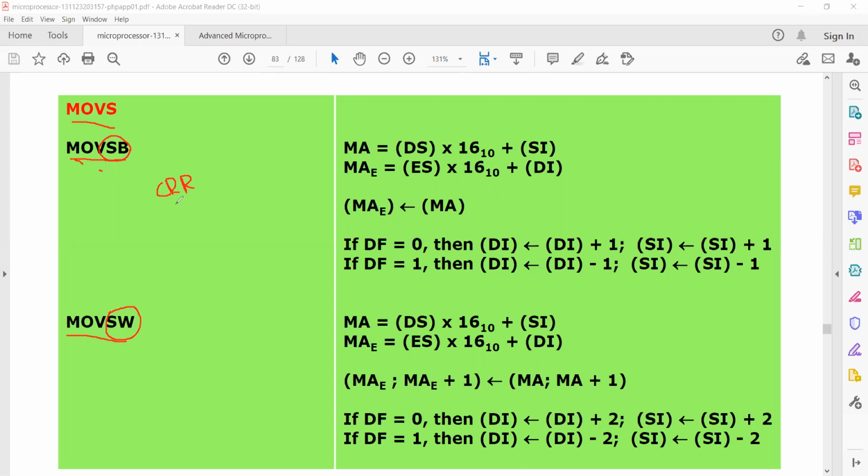This string will be located somewhere in the memory. The address of this particular string will be loaded in the SI register, as we discussed. The address of this source string will be located in the SI register.